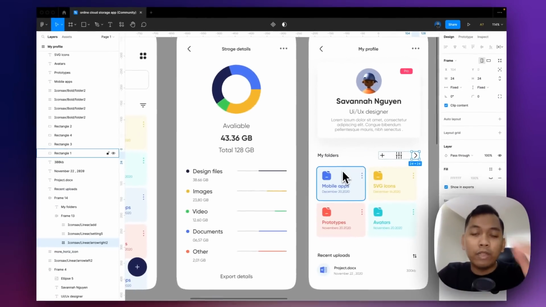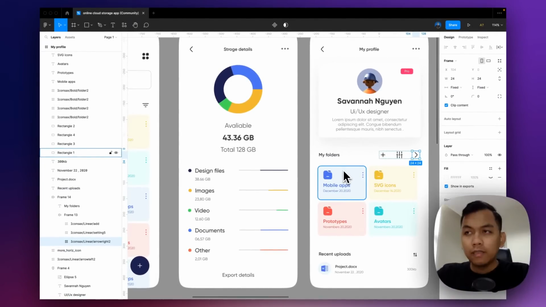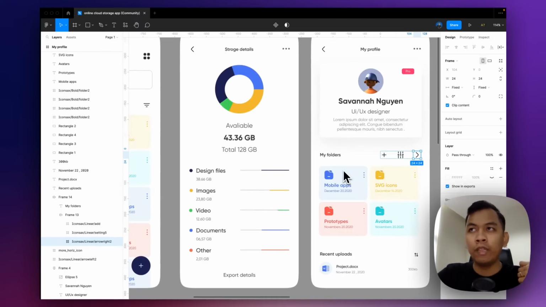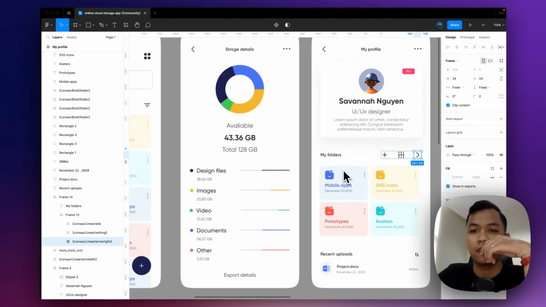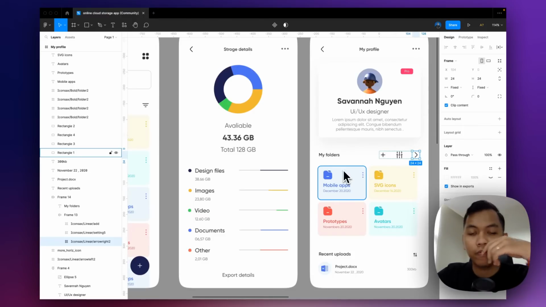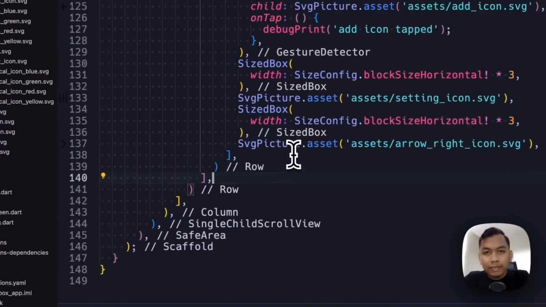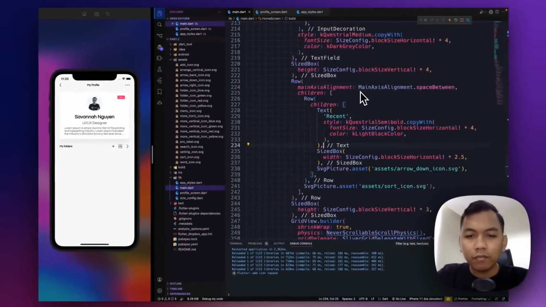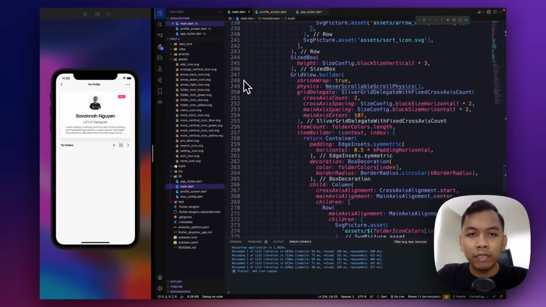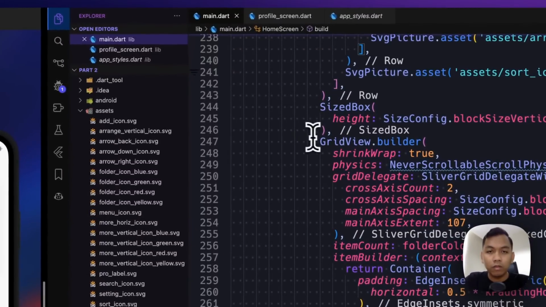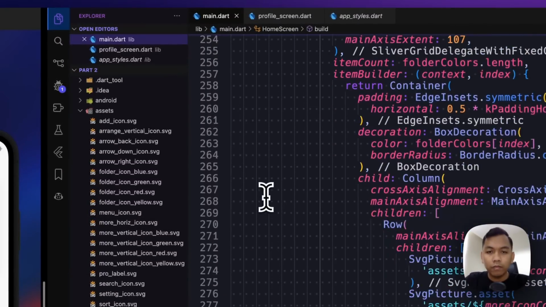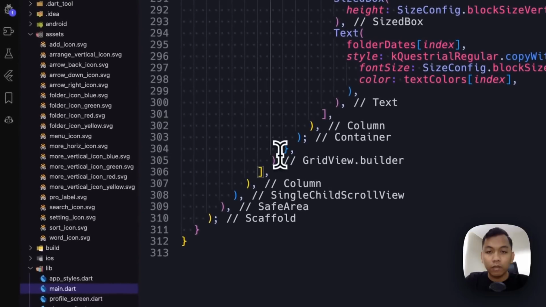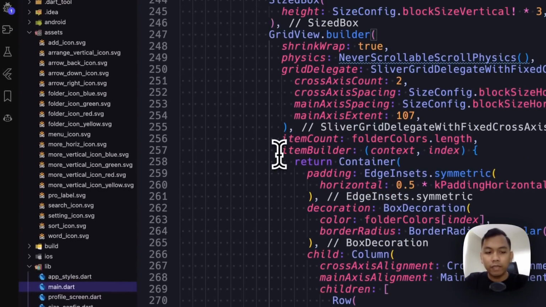And the next we will have grid view. And it means we will use what we say here. We can simply copy from main. And let's find this grid view. From this into this.